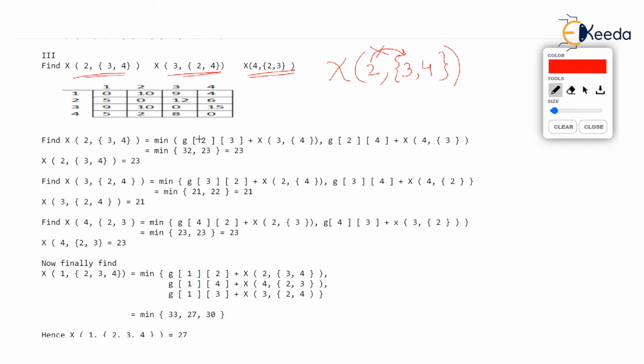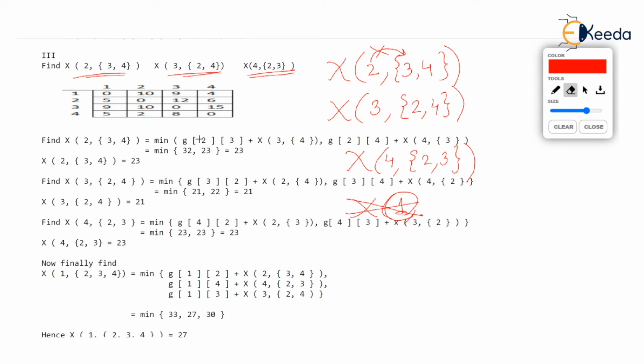Now what if I keep I as 3? If I keep I as 3, then the set S is going to contain 2 values or 2 vertices, which will be 2, 4. And what if I keep I as 4? If I keep I as 4, then the set S should contain 2, 3. I hope you are understanding, isn't it? And what about 1? I'm not keeping I as 1 at all. No, I will be 1 only in the last step, when the cardinality of the set S will be 3. Okay. So these 3 values we are supposed to find out now. Let me elaborate what that first thing means.